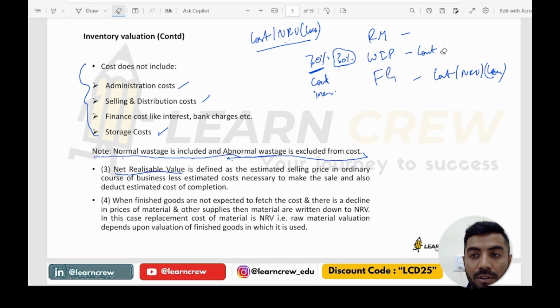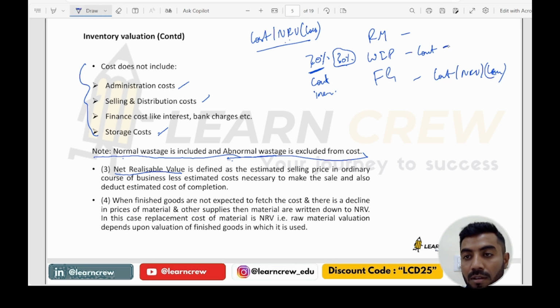We'll have to reduce the conversion cost which is to be incurred here and minus the selling expenses. Okay, this is how you value the work in progress. So basically, you can't sell the item which is half finished. So that is why what you do is you take the cost, that is the 70% cost here, and